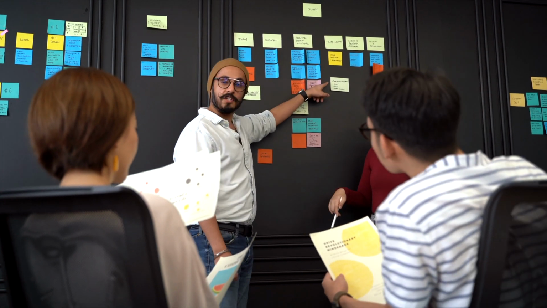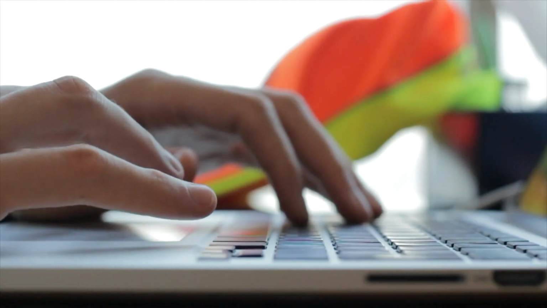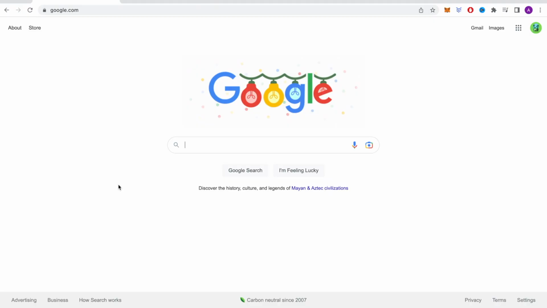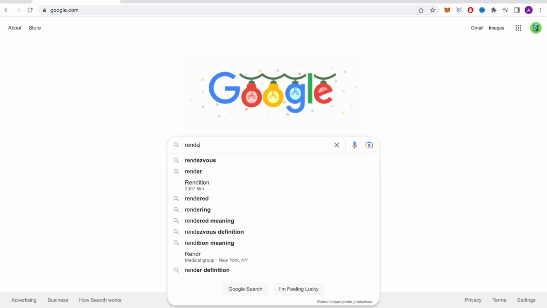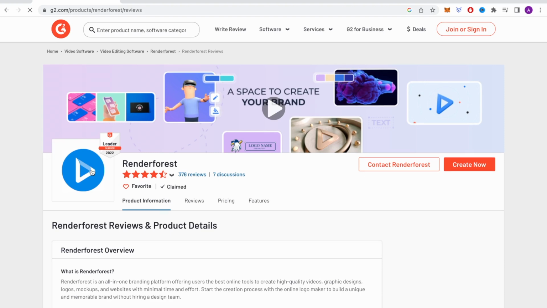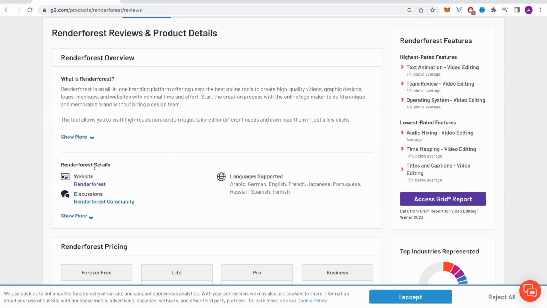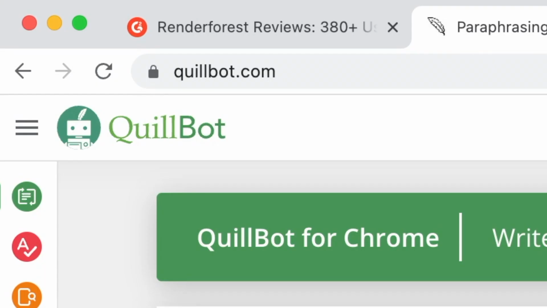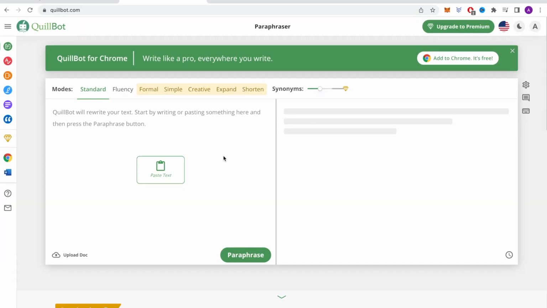So first, let me show you how you can use and share an article without actually writing the article yourself. What I want you to do first is search RenderForest Review on Google, click on a link that has a review and explanation of RenderForest, then open another tab and search quillbot.com. Quillbot is a paraphrasing tool that allows you to copy and paste text in here that will reword it for you. You can then use this new paraphrased text as your own words to then share anywhere online